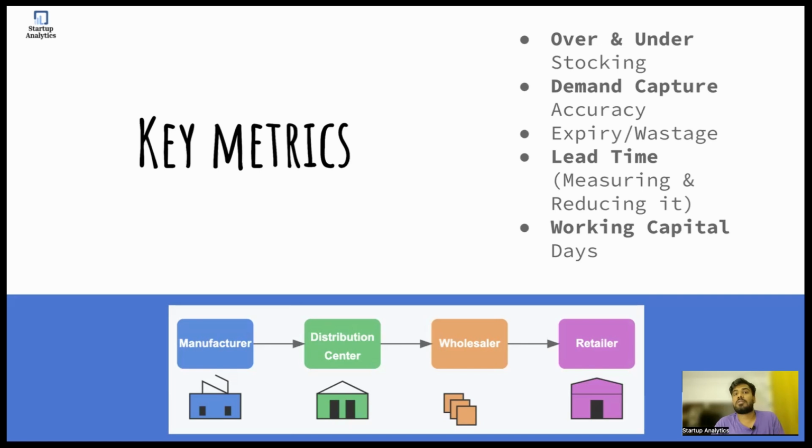And also working capital, right? Obviously, to prevent an understock situation, you can always want a lot more inventory than you need. But this also means that you end up locking up a lot of capital as inventory. This is fine if you have a product with long expiry cycles, you can hold it for long. But especially if it's something related to food or edible items, which need to be consumed, you cannot be holding a lot of inventory because they can also go spoiled or go bad, besides locking up your working capital, right? So that's some of the key metrics.